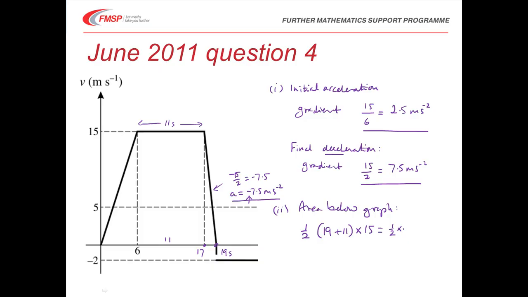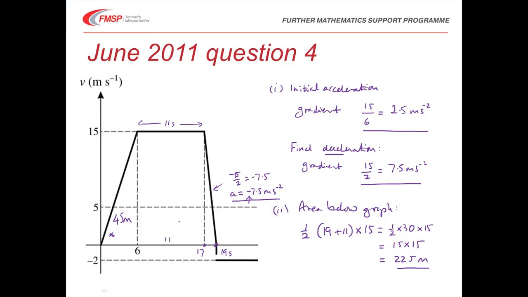half of 30 times 15, and half of 30 is 15, and I happen to know that 15 squared is 225, so that's the total distance. However, it's perfectly reasonable to have looked at the graph and found the separate areas and said, for this first triangle here, it's half the base times the height, half of 6 times 15, that's 3 times 15, that's 45